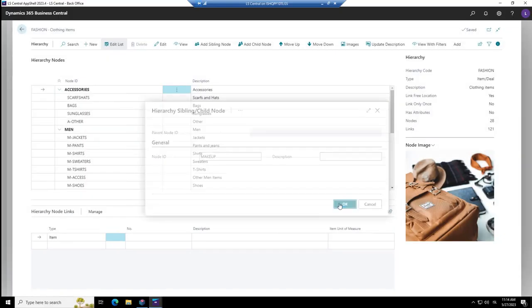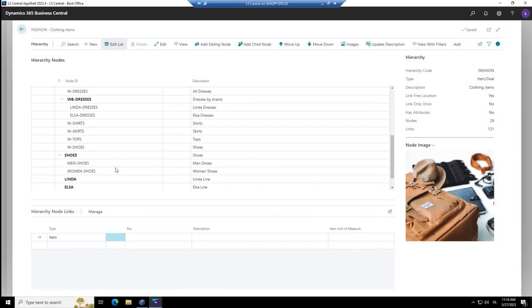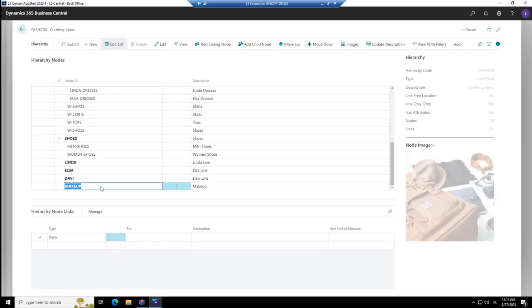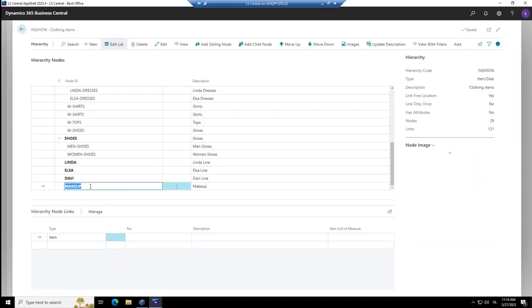And OK. Here it is. Are you happy with it down here, or would you like to move it up? You have the move up option if you like. So let's have it here. But we are missing something here. So note image. Shall we put an image on it?